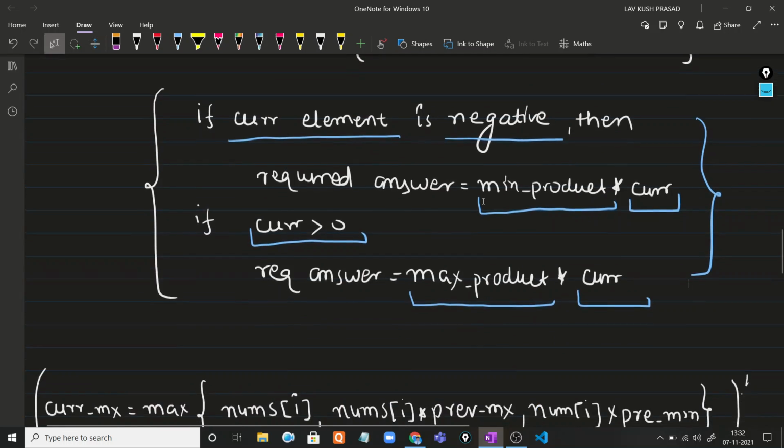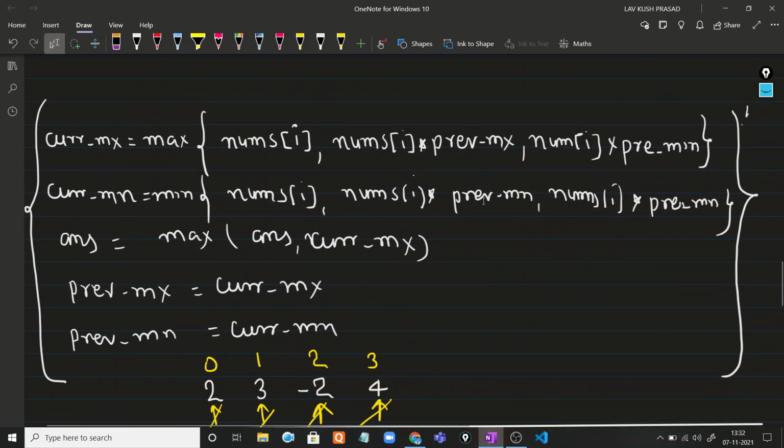And using this case we can take some variables and some steps. So there are two steps, right? Here we take variables: a temporary variable, current max, current min, and this is our result. The answer is nothing but result, right? So in the answer, what can I store? We can store the maximum of current max, which is the maximum value we get for the maximum product of the subarray, right?